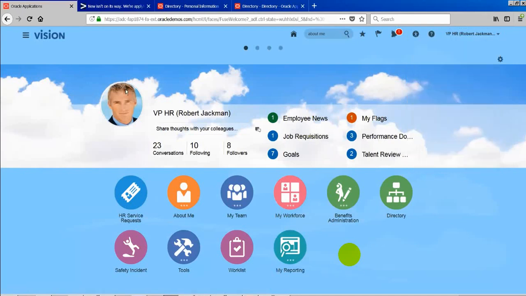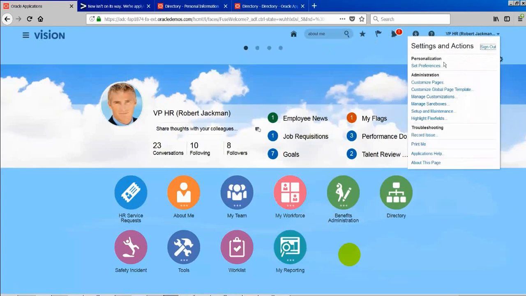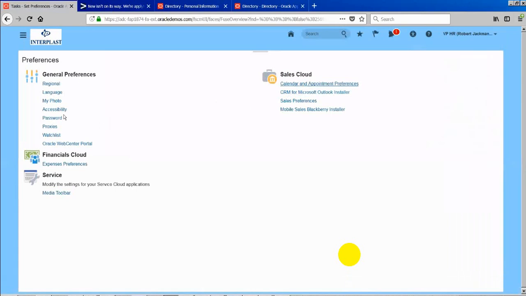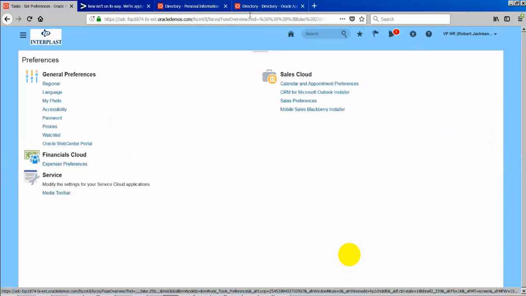Maybe this user wants to look at the time format in a different format, maybe DD-MON-YYYY, or wants the time zone as Eastern Standard Time, or wants the screen shown in a specific language, or wants to change the photo, accessibility, or password, or the watch list, or access the website.